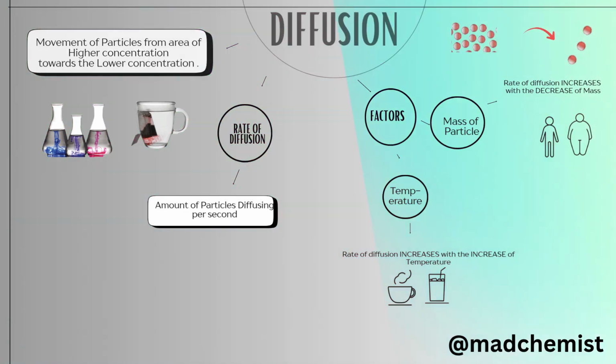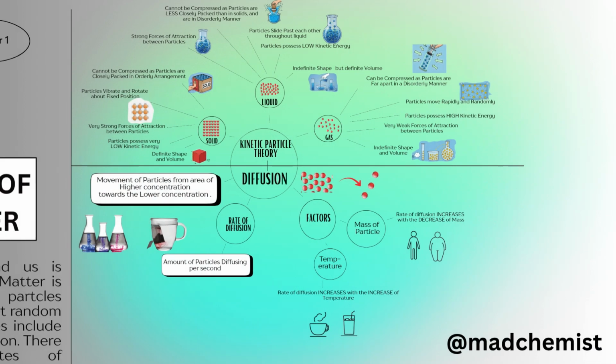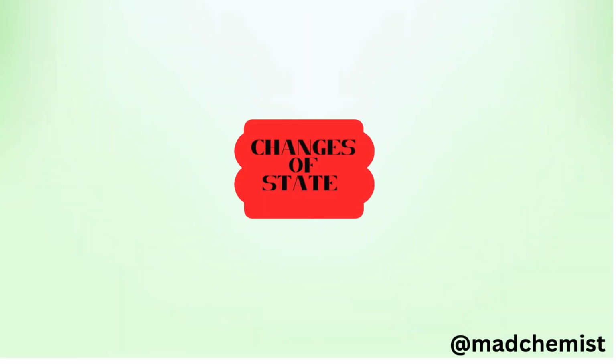Up till now, we have discussed two main important points, kinetic particle theory and diffusion. These both terms define the property of matter and the states of matter. Let's move to the phase change, how the different phases or different states of matter change into one another with respect to temperature. First of all,